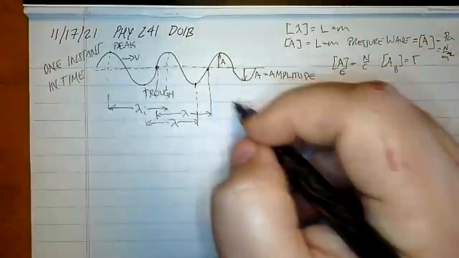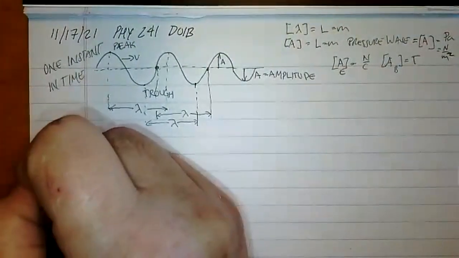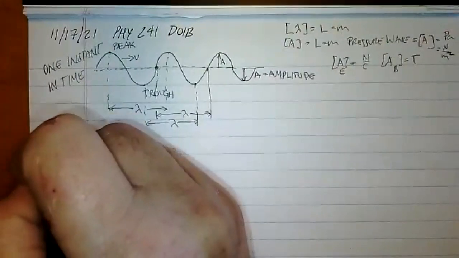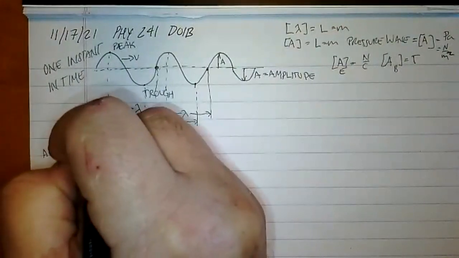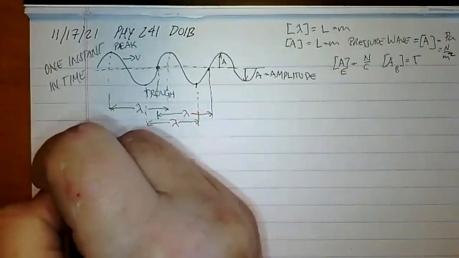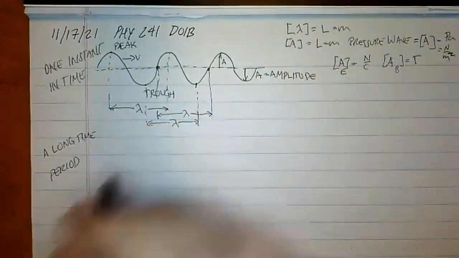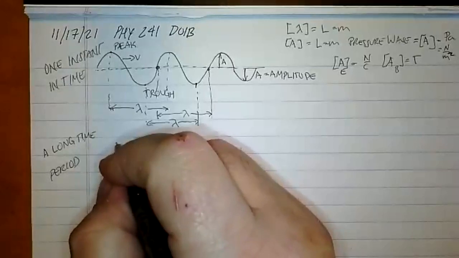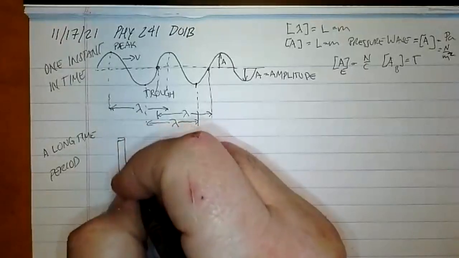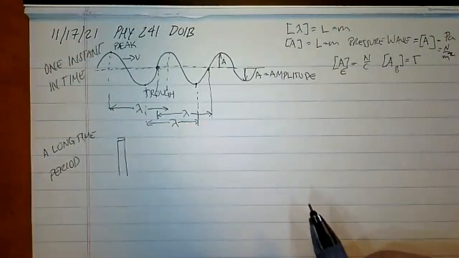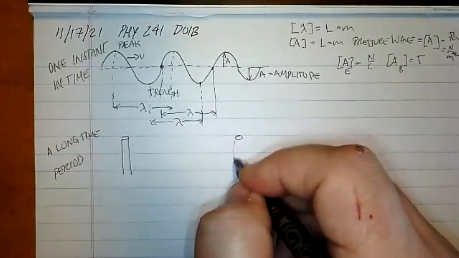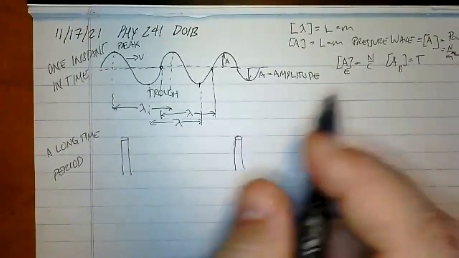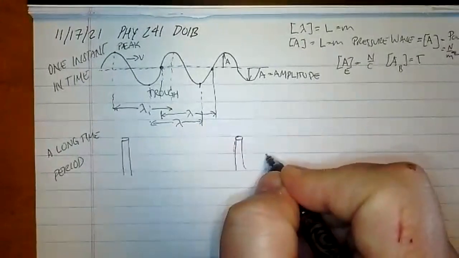If you stop thinking about it as an instant in time, what you'd see is that if you look at a finite length of time, or a long time period, let's say there's a pole in the water, maybe one of the pier legs or something like that, and you're standing on that pole, and you have a friend standing on this pole, and what you actually see is the wave come in,